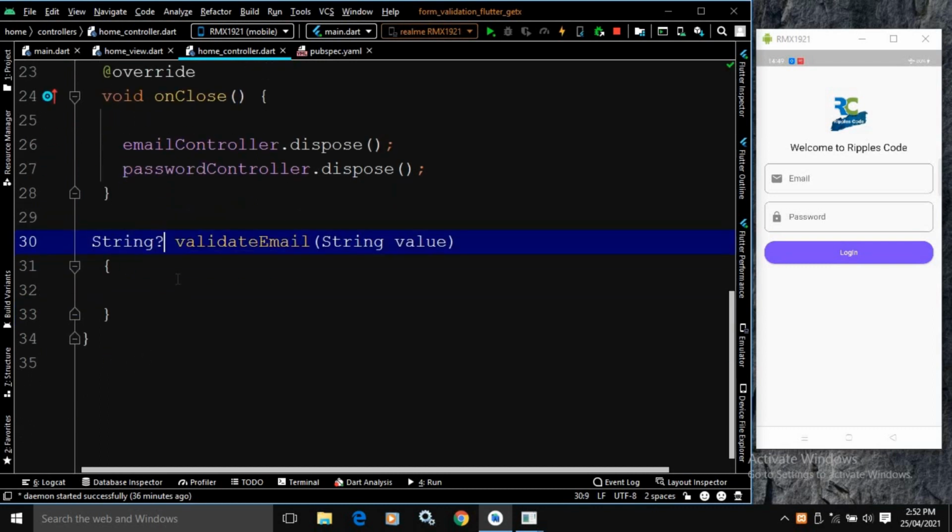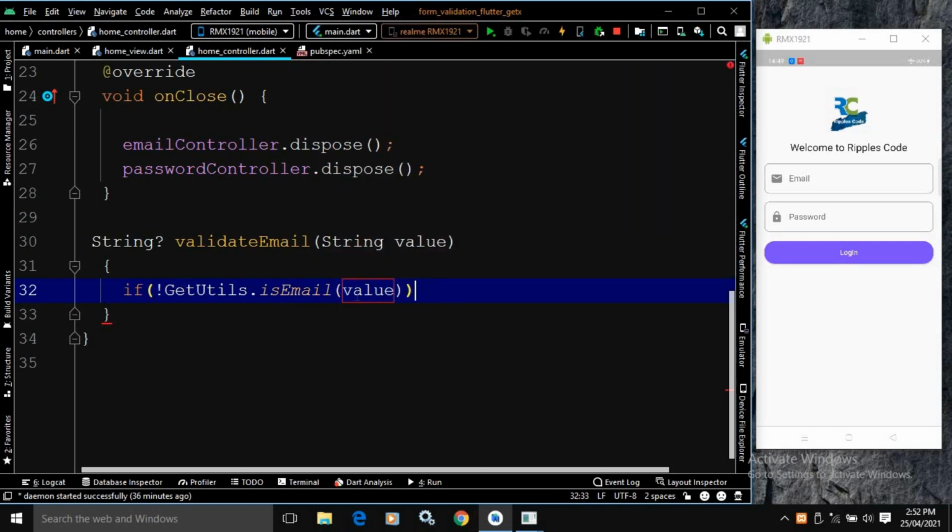Now I will check whether the value stored inside this variable is a valid email ID or not, and to do that, I will write if not GetUtils.isEmail, and pass the value.